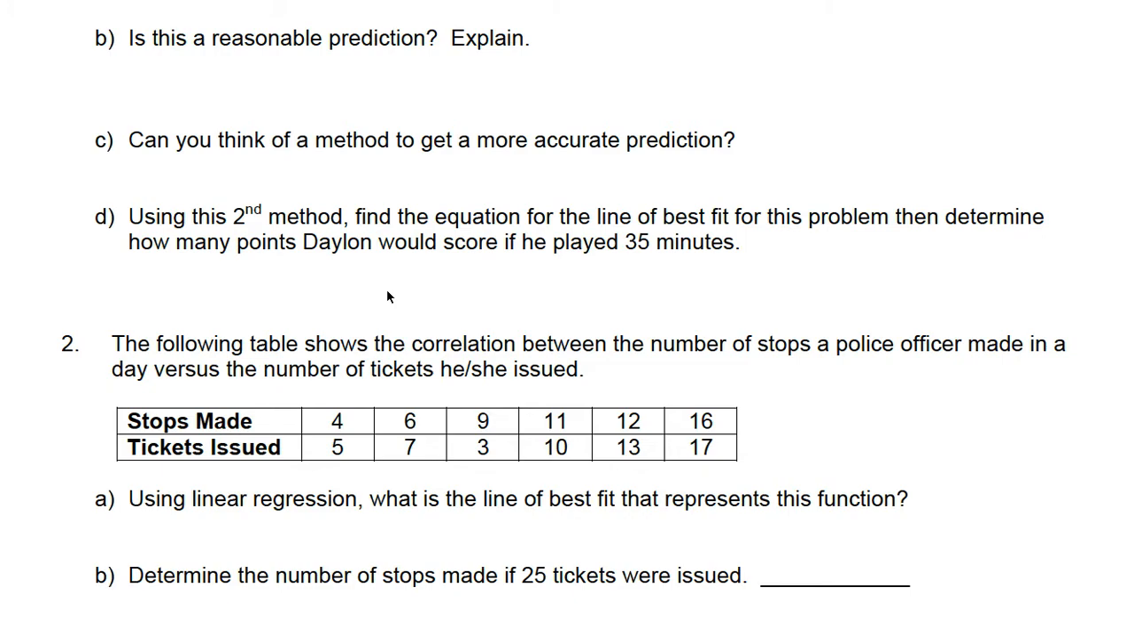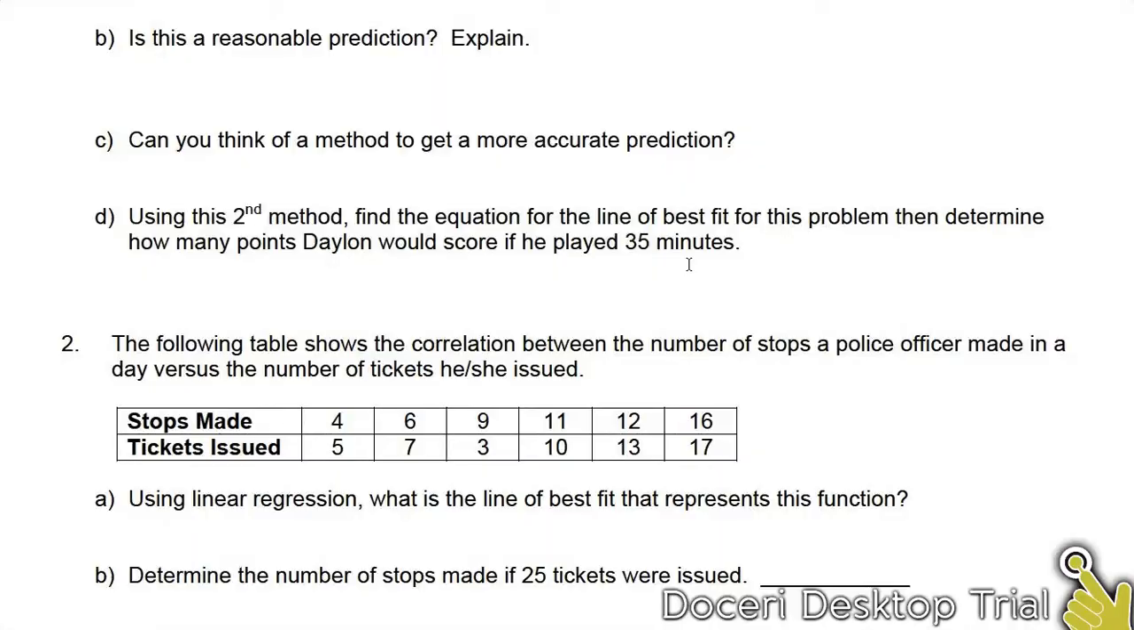Now what we need to do next is to use this equation that we found to see how many points he would have scored if he played 35 minutes. So using the equation that we have created, let's see if our prediction before was correct. Now I'm going to write the equation that I found up there, so I have space to write. So y equals 0.767x minus